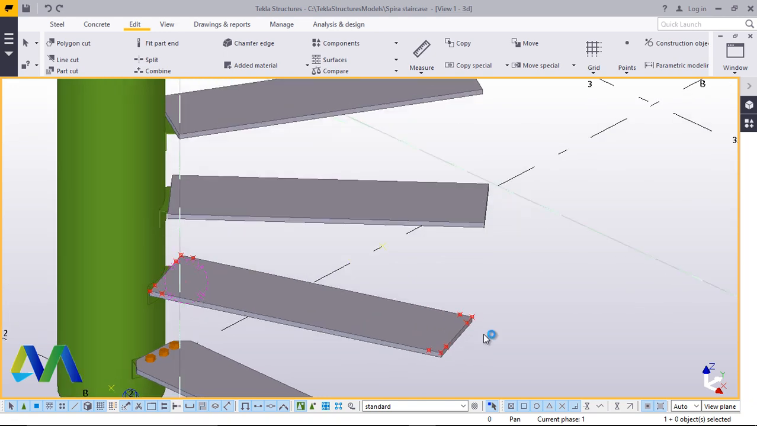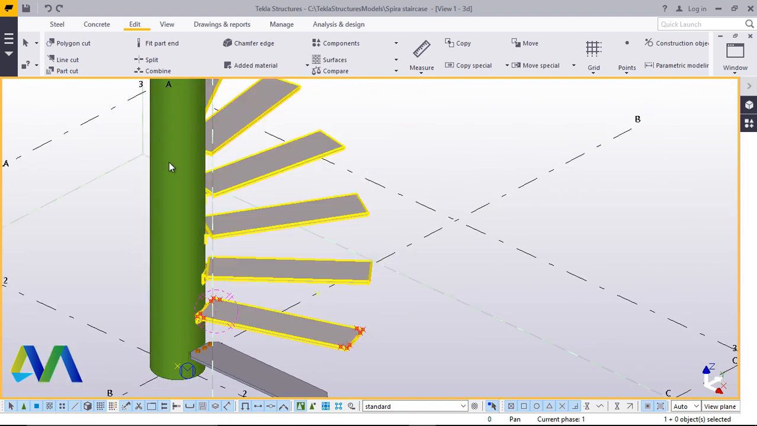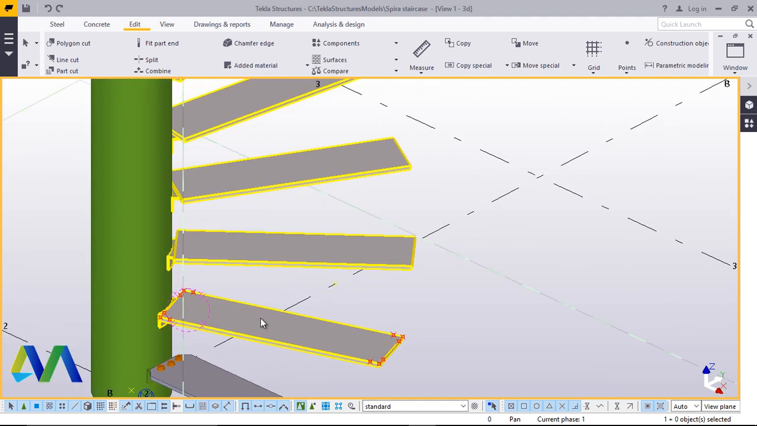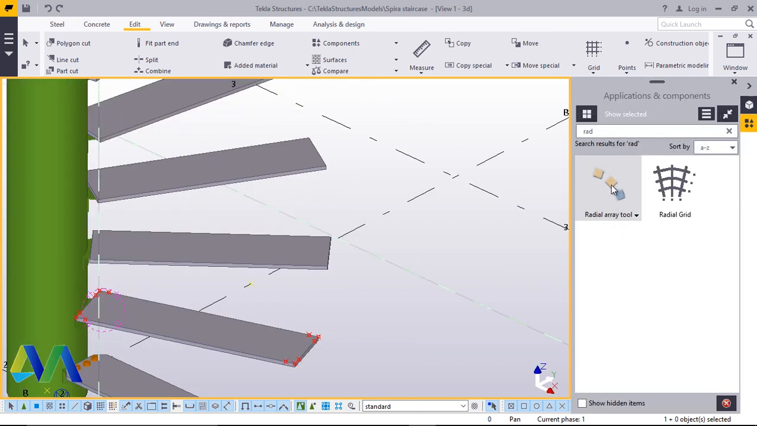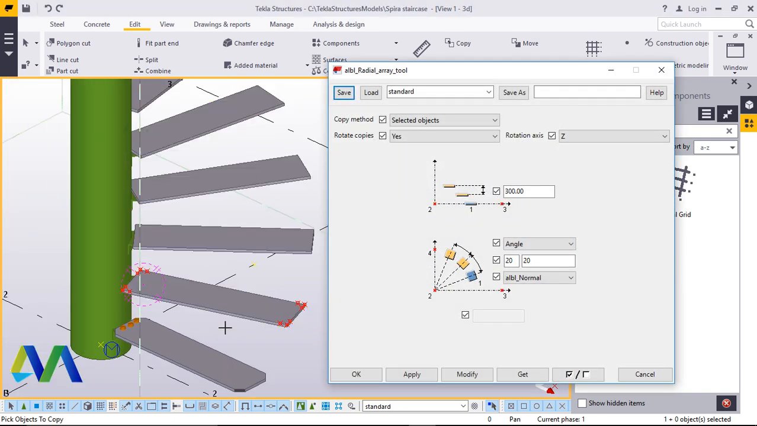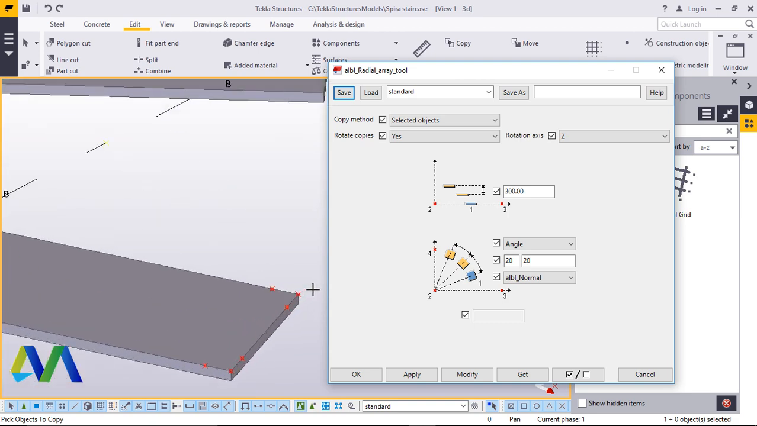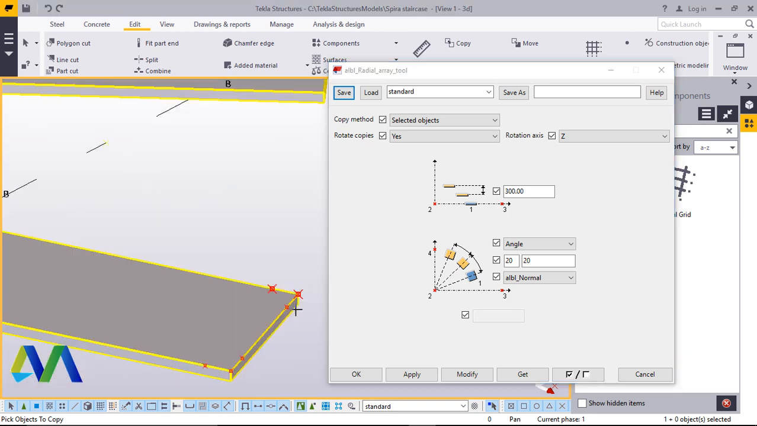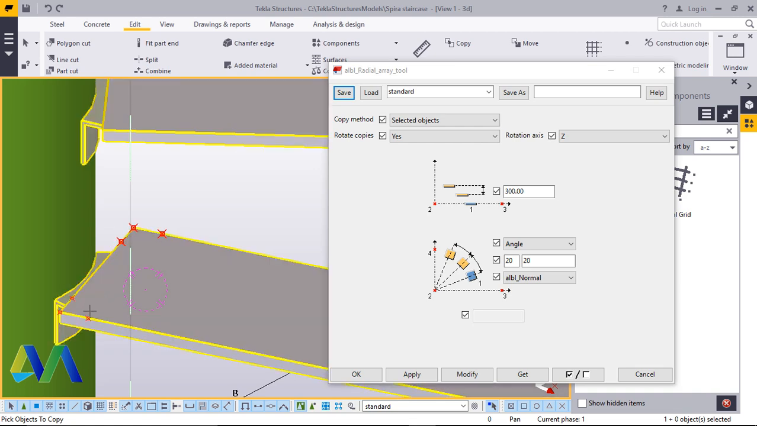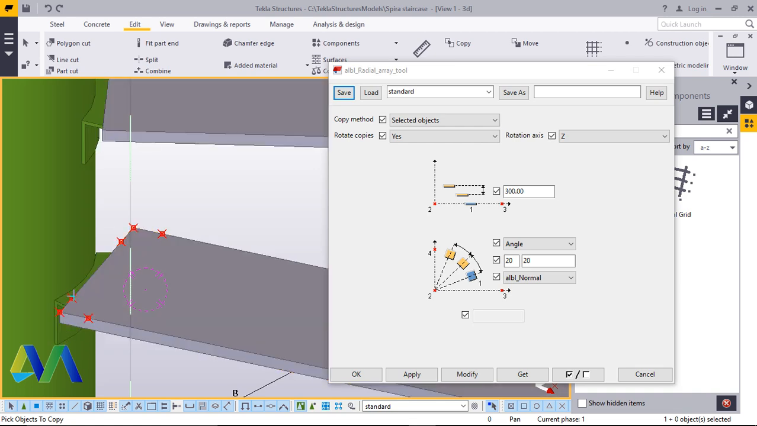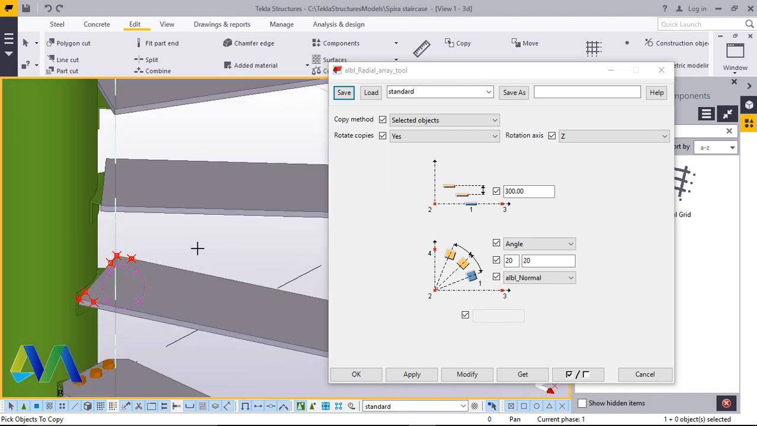Now once we've created this, we want to populate these spots or points to all the threads, so that when placing the bolts it will be quite easy. We'll come to applications and component and come to radial array and double click on that. Once you've created this, pick these points by pressing your control button on your keyboard and select all these. Select that, select that, select this, select this, select this, select that, select that. Then press a middle button on the mouse,